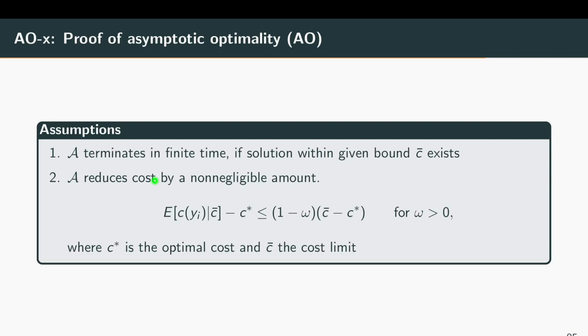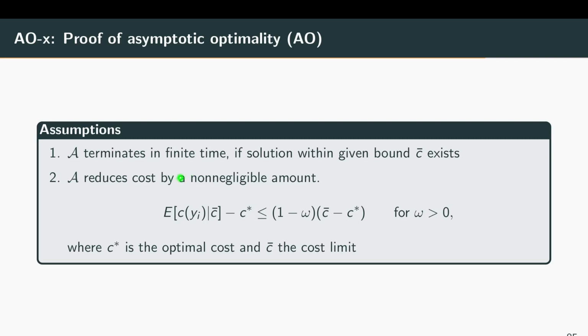Then we can maybe look at why it's asymptotically optimal. For that, we need two assumptions. The first one is that this algorithm will terminate in finite time if some solution with a bound exists. And that's not too unreasonable for things like RRT, like standard kinodynamic RRT can do that. And then the second assumption is